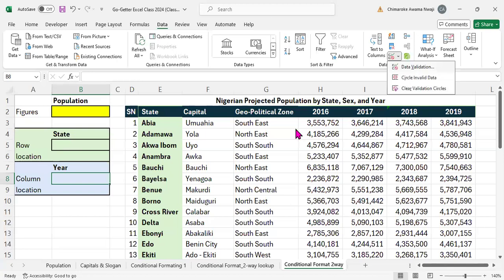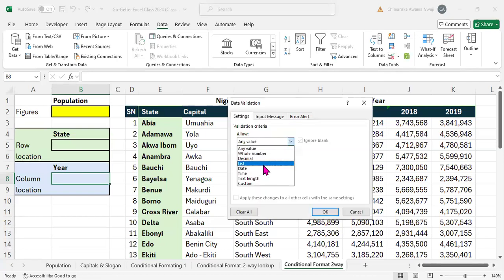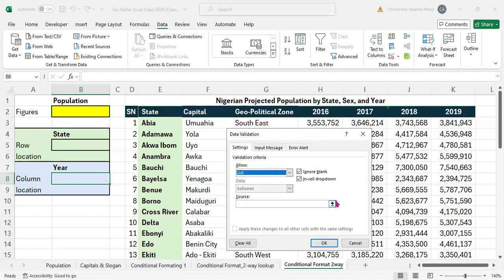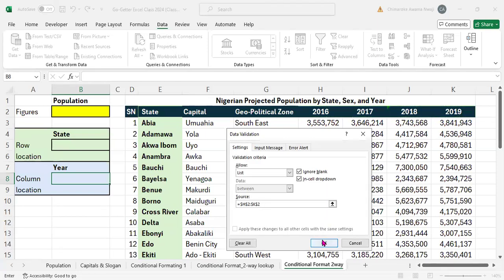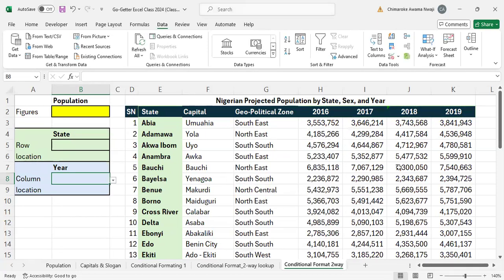You get data validation. You select a list. Now your list can be vertical, can be horizontal. Your source could be from 2016 down to 2017, 2018, 2019. And I'll close the list here and hit enter, and I have my list up to 2019. All right, now the next thing I'll do here is anything I put here,